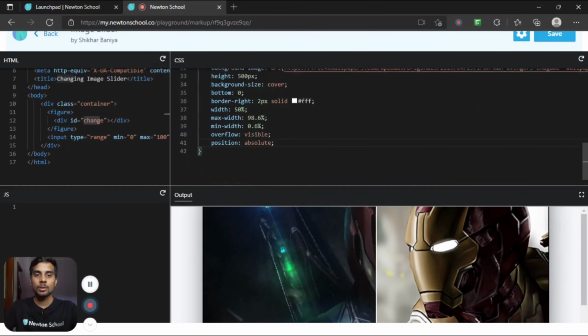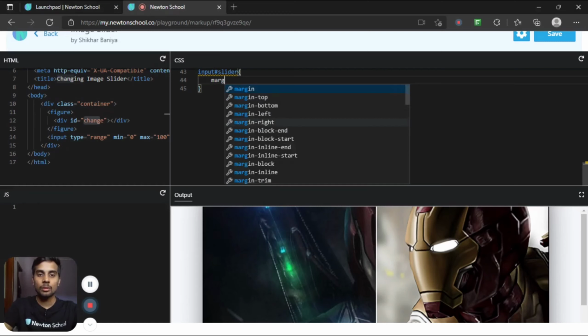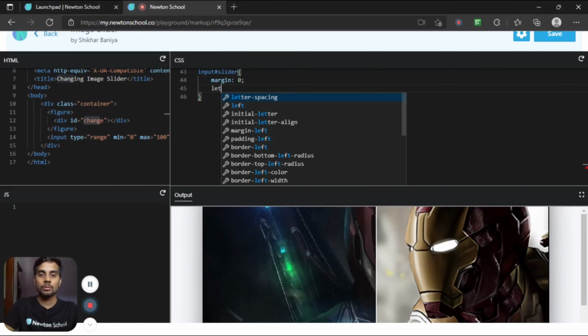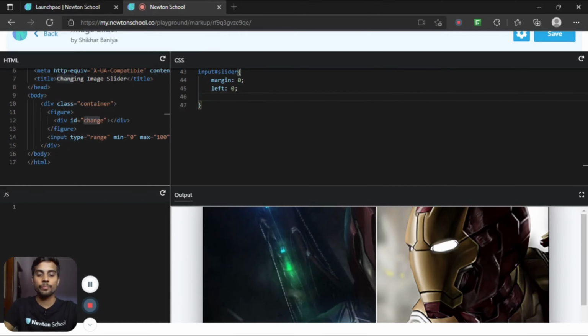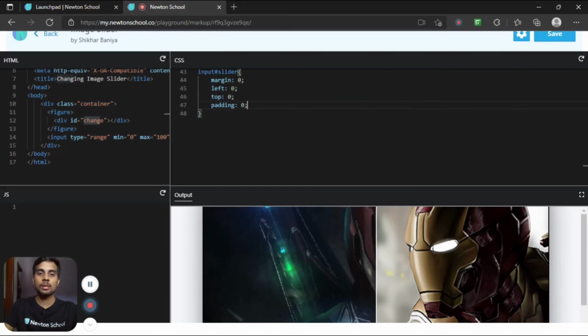So now we want to target the input. Inside that input we have an ID called slider. Let's target that. Don't want any margin, so margin will be 0. Left property will be 0. Top property will be 0. Padding property will also be 0.